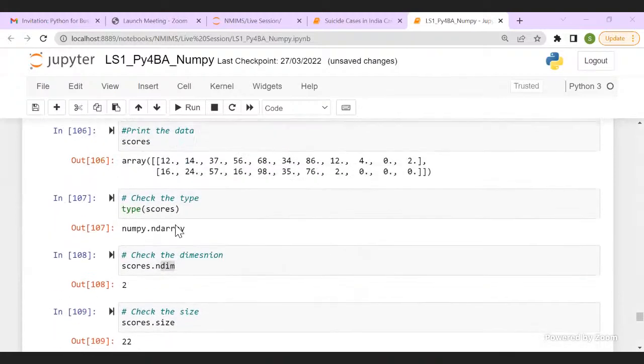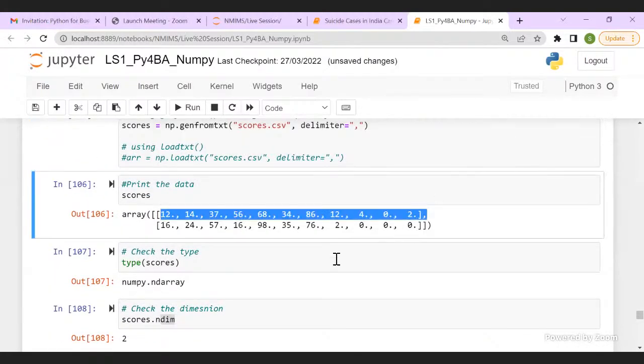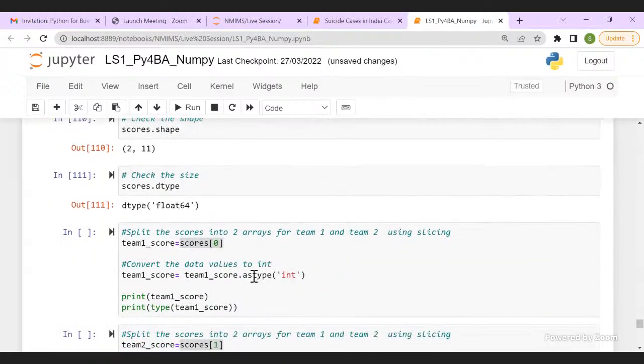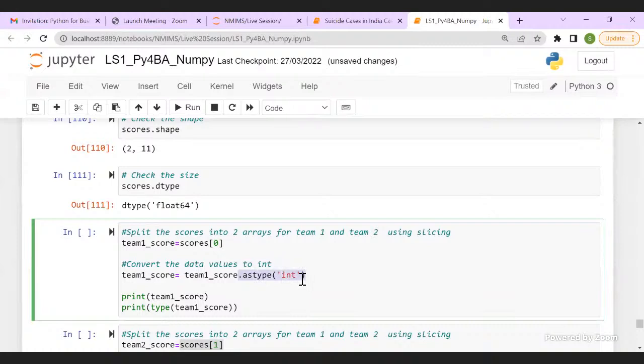Now, when I have seen this data and I'm sure that everything is integer, if I want to convert from float to int, I can say astype int. I did not do it at the time of loading the data because here it is just 22 points, whereas in my next case study, in my suicide case study, there are 16 lakh data values. So there is no way I can go and check each and every one of them, whether it is integer or float. It's not possible. So when I have seen my data here, I can convert it as int.